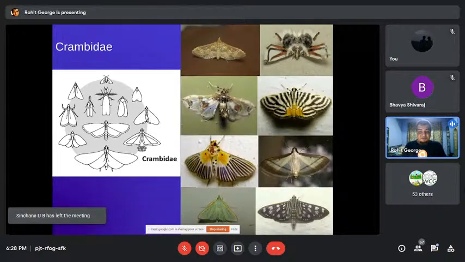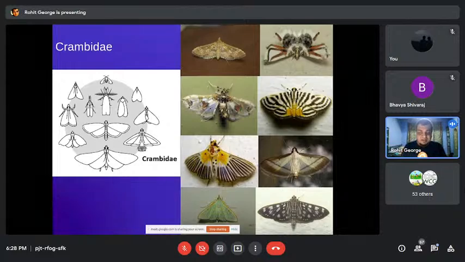So these are a number of other crambids. As you can see, crambidae generally have a very consistent shape. They have a very narrow forewing, very wide wings, and they form this triangular kind of shape. These moths are quite small. Most of them will be a max of about 4 centimeters in width from wingtip to wingtip.